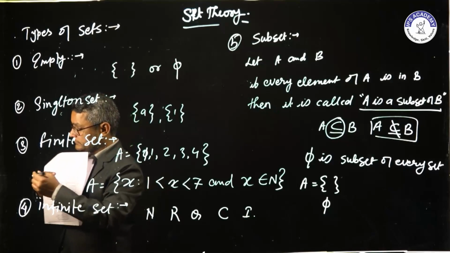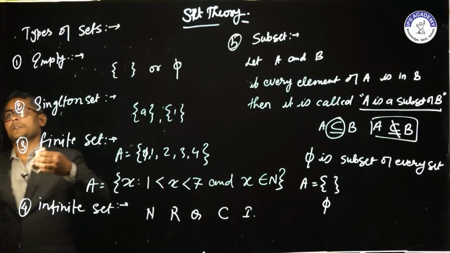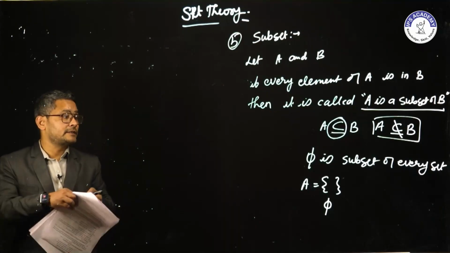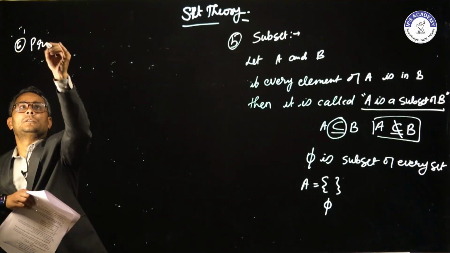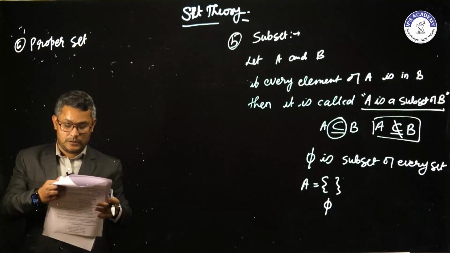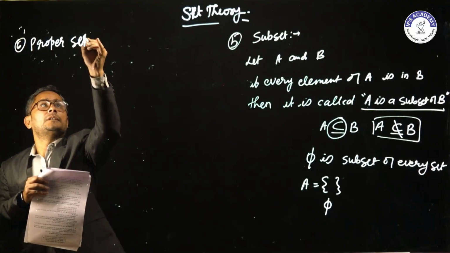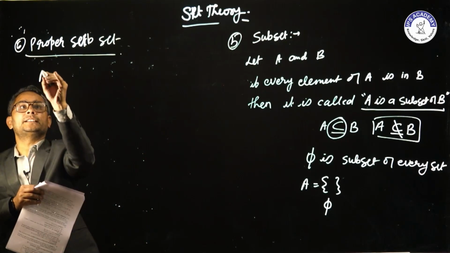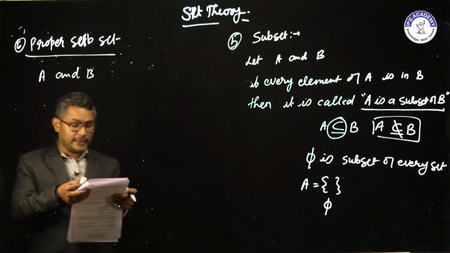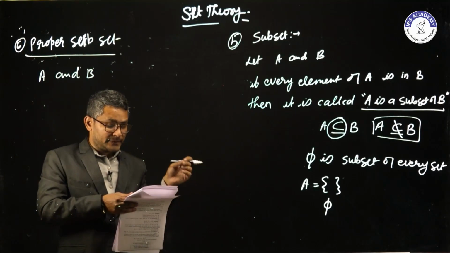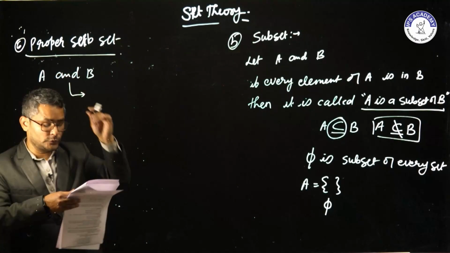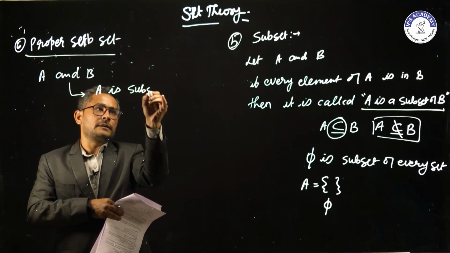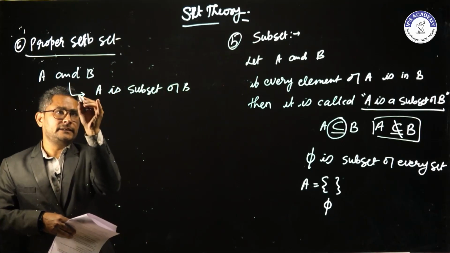Now next, proper subset. Let there be two sets, A and B. A is a subset of B. There are two properties to become a proper subset. First, A is a subset of B, and second thing,